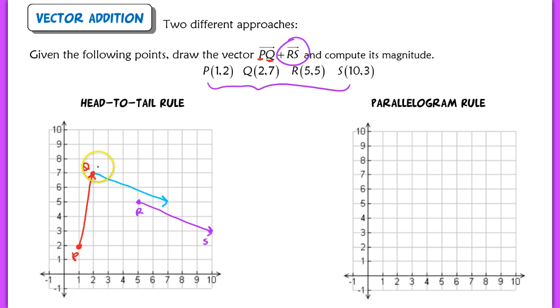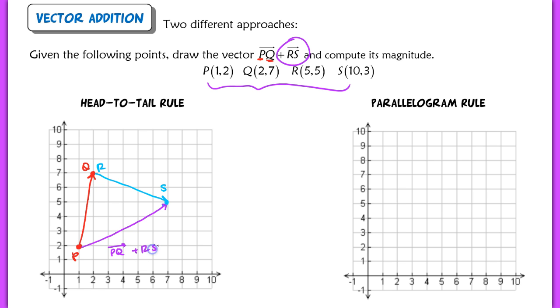Okay, so this is the vector RS, and notice that it has the same direction and length. All right, now we're going to find the resultant, which is the vector formed by connecting this initial point here and the terminal point for your new vector. So this is the vector PQ